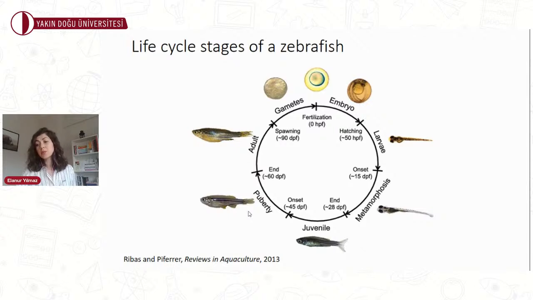Courtship behavior is displayed from around 40 DPF when males begin to chase females. Females respond to this behavior by swimming alongside males, halting and presenting their flanks to them. And by 90 DPF, most females spawn eggs and most males attempt to mate. And the life cycle of zebrafish goes on this way.